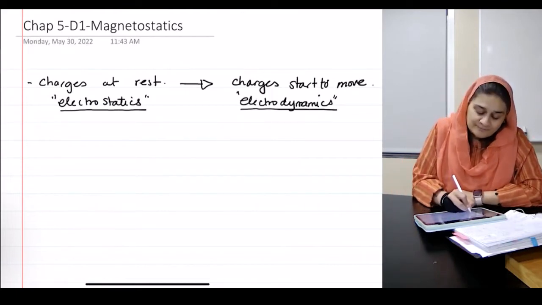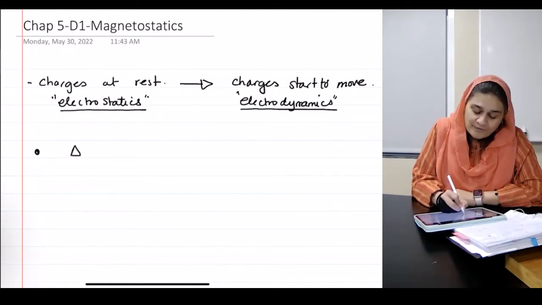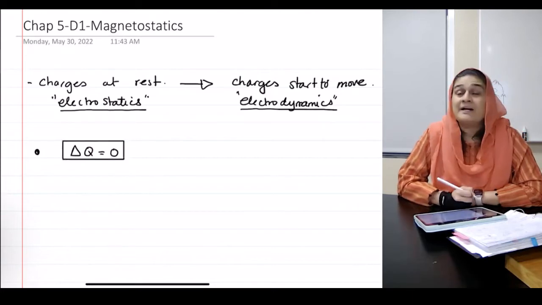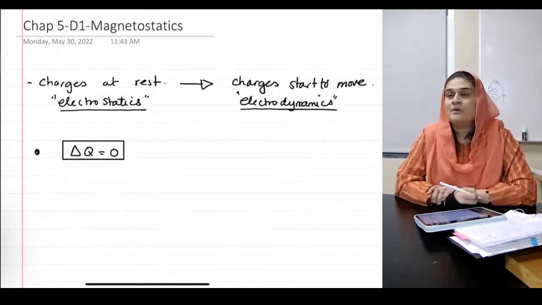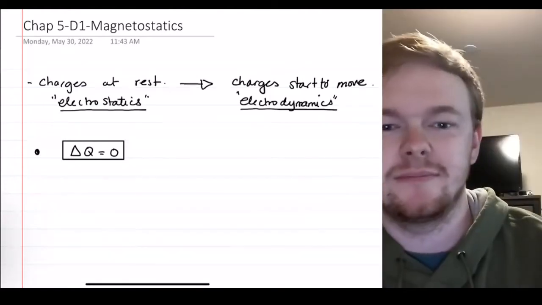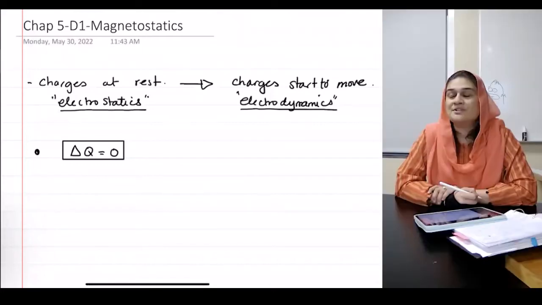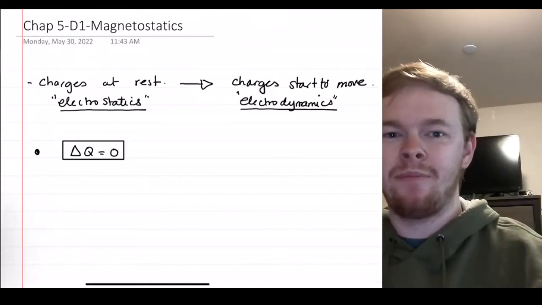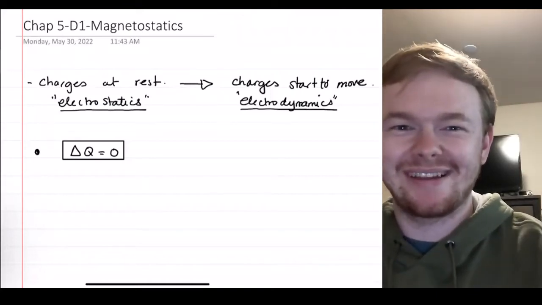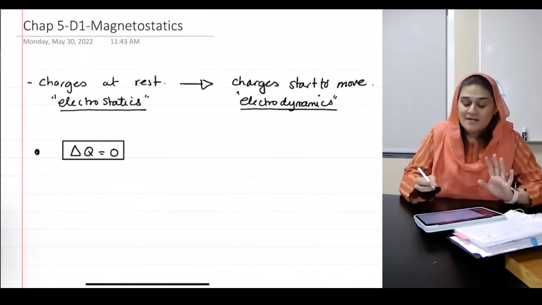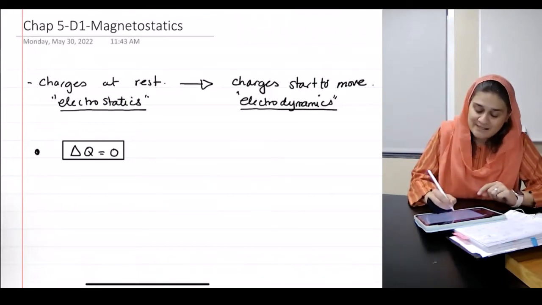The other thing is this that I want to talk about. What do these symbols mean to you? What's the delta mean? A change in something. Good. And what does Q mean? Charge. And what does 0 mean? None, right? Okay, so in fact, what this is saying is